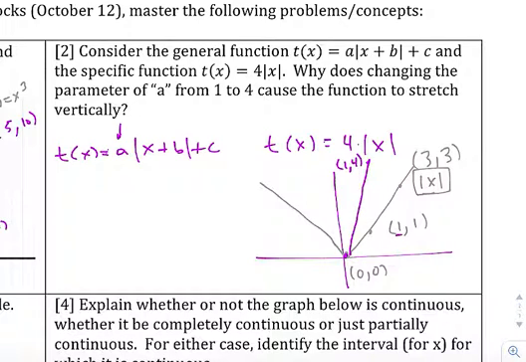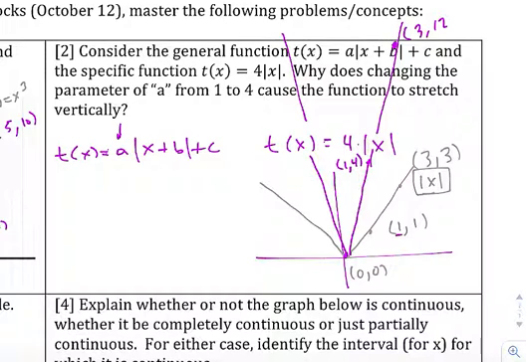If we go to 3, multiply that by 4, it's going to be way up here, but that's going to be (3, 12). And again, we can see this pattern continuing up here. We can do that on the negative side as well, but we're going to see a similar effect. If you think about stretching something like a rubber band, you hold one end, you grab the other, and you pull. When you make a stretch on something, you have to